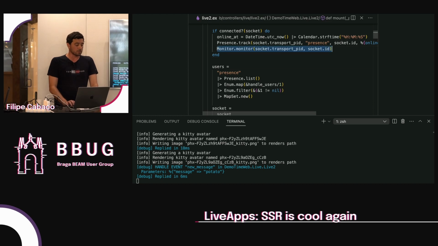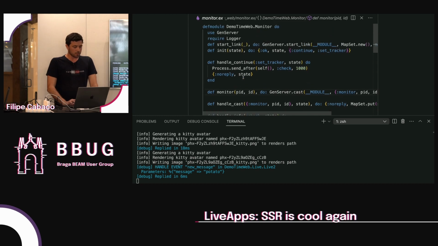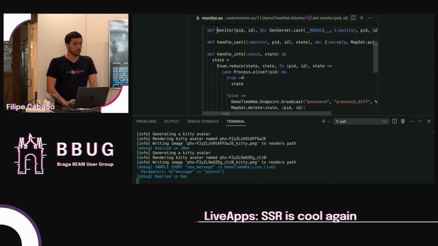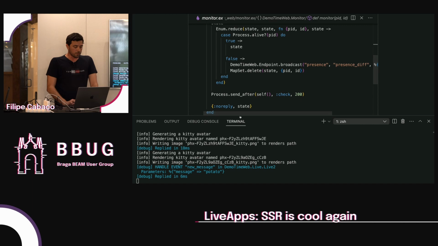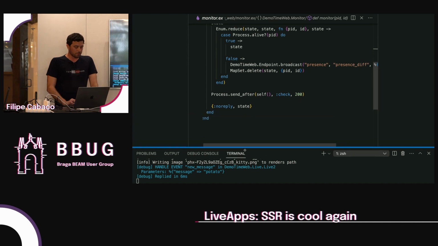Oh, sorry, more lines of code. Because then, this is the inelegant part of LiveView and of presence, and I think this one actually should be rethought. You don't have a clean way of saying that someone disconnected. So you need to keep track of who disconnected. And to do that, it's not the end of the world, but it's code that we could avoid, where we basically have